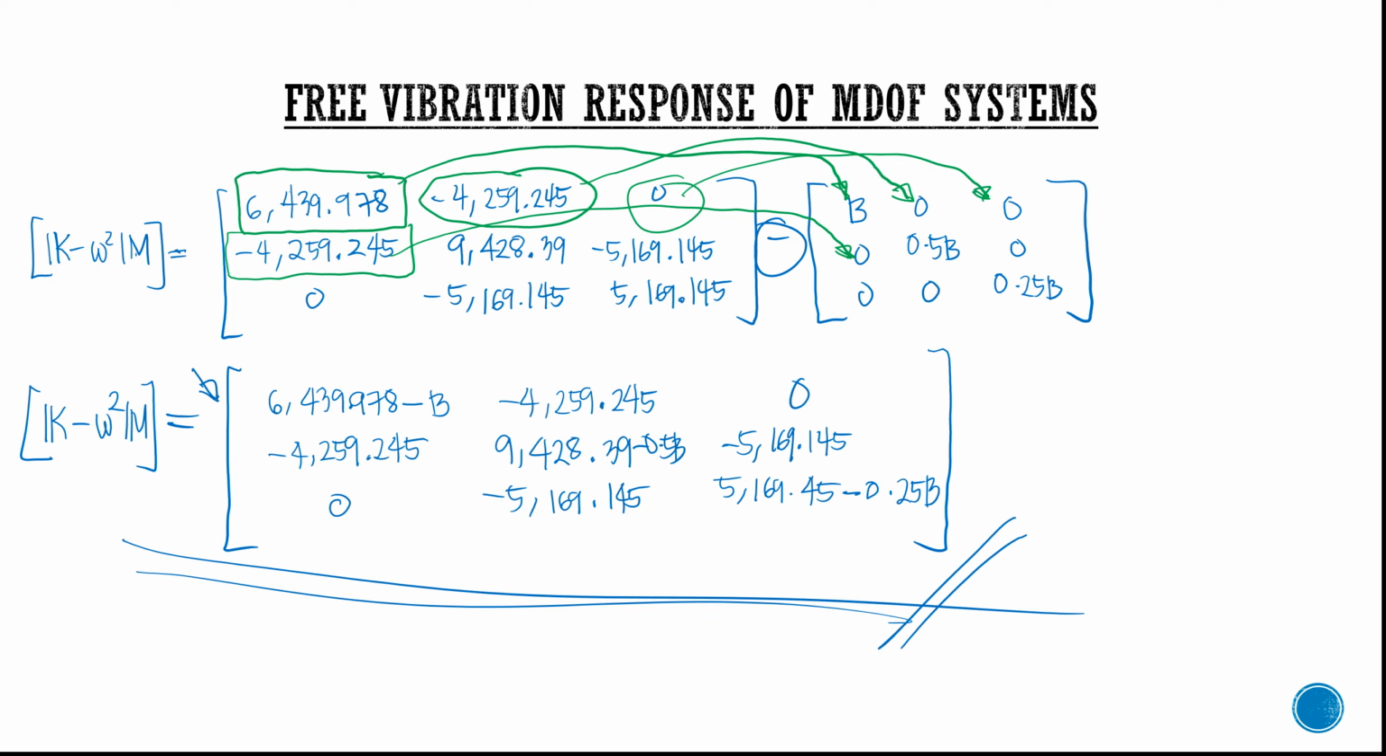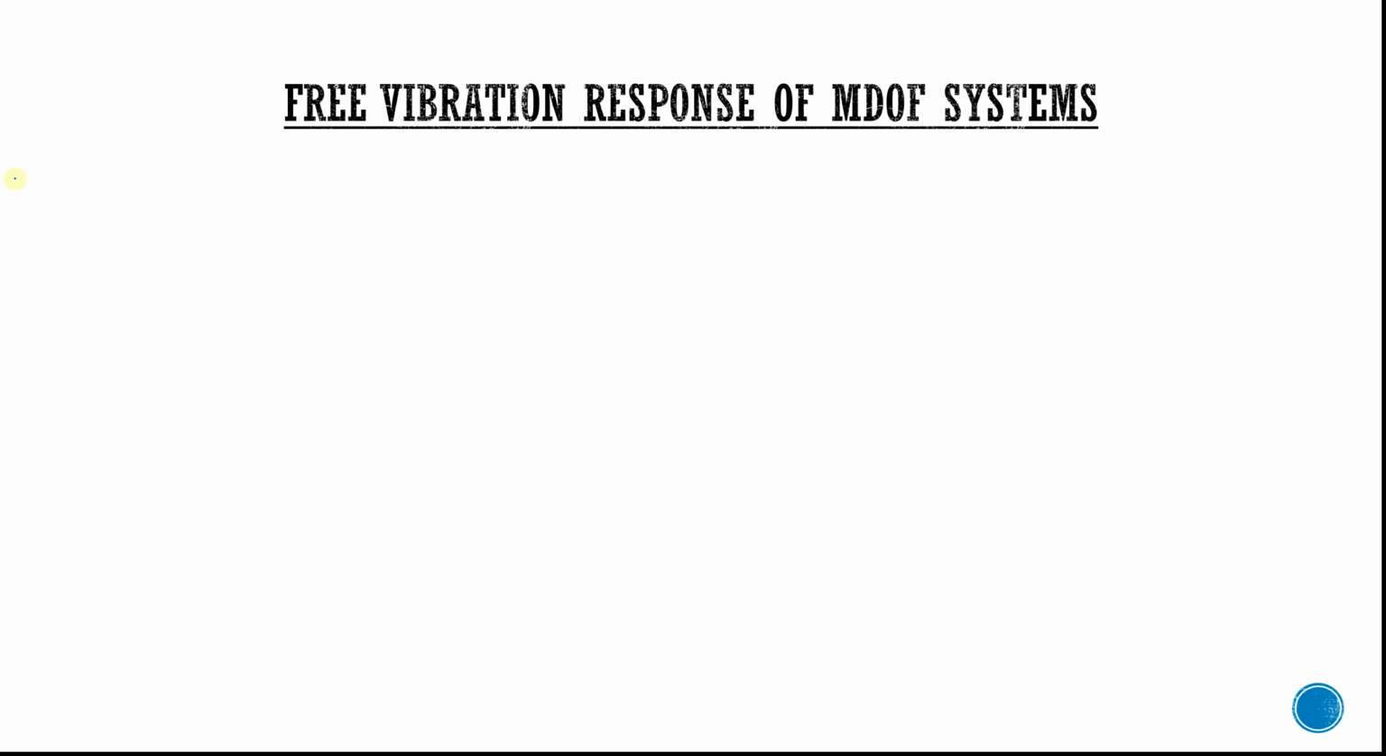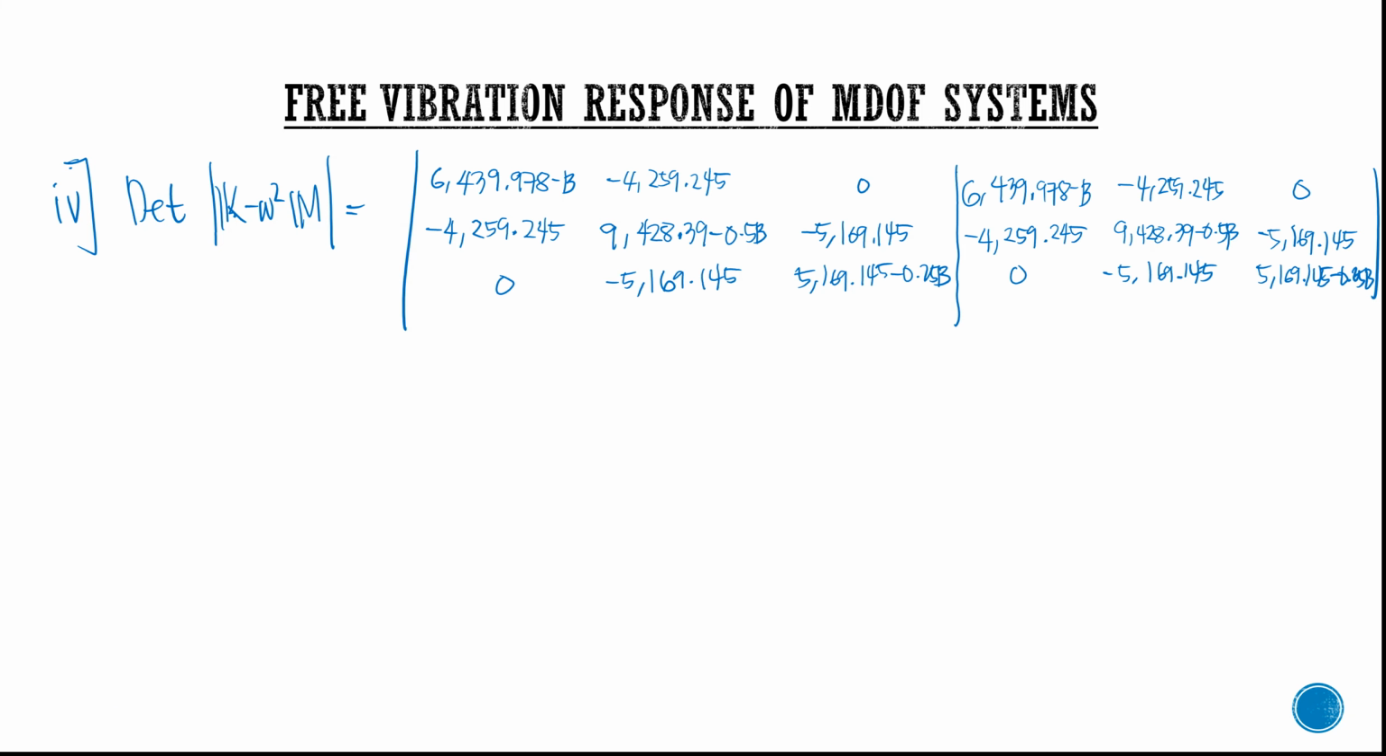Next step is we're going to get the determinant of that simplified matrix. And to get the determinant, you can use Cramer's rule, or you can just use the basket method. So for this three DOF, or 3 degree of freedom system, we can use the basket method in getting the determinant of the matrix. So we have the determinant of the stiffness matrix minus omega squared times the mass matrix. By applying the basket method,